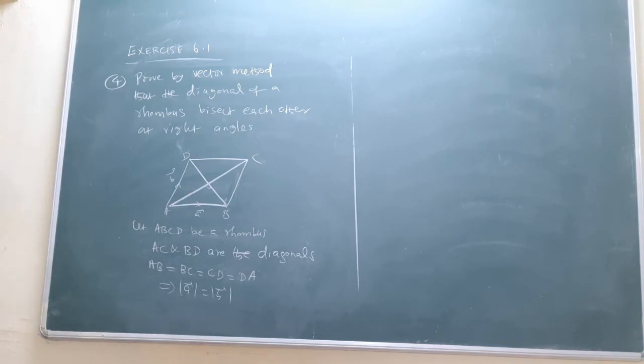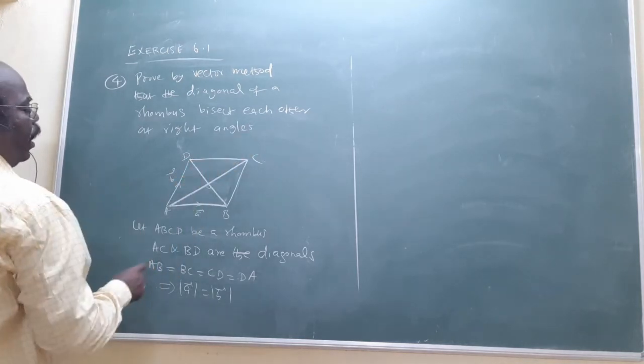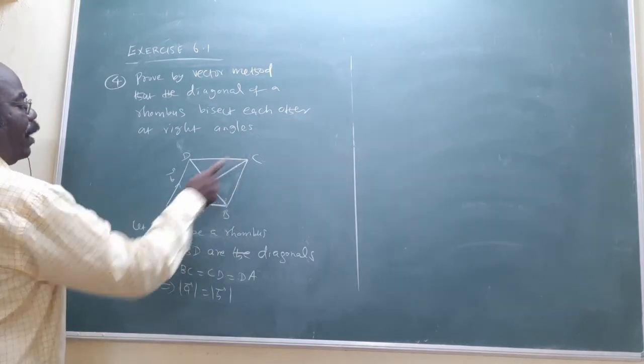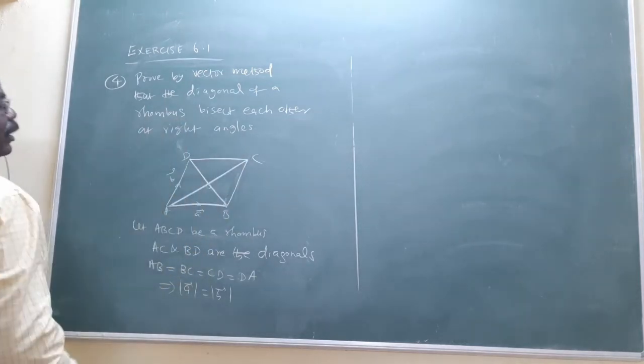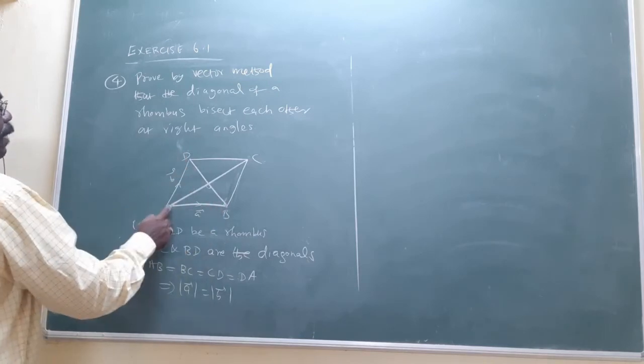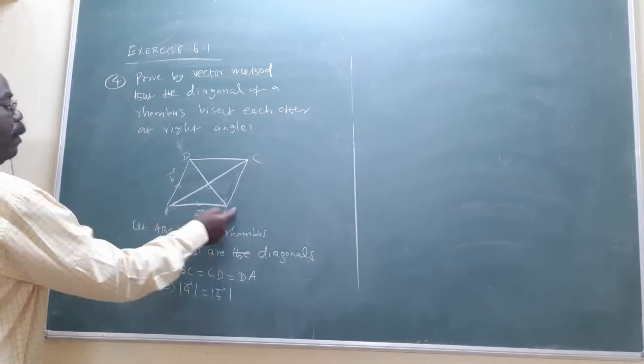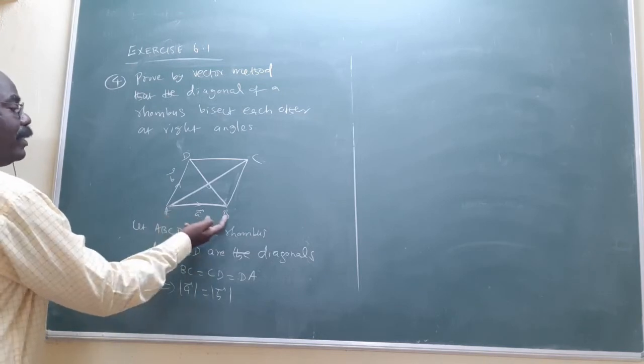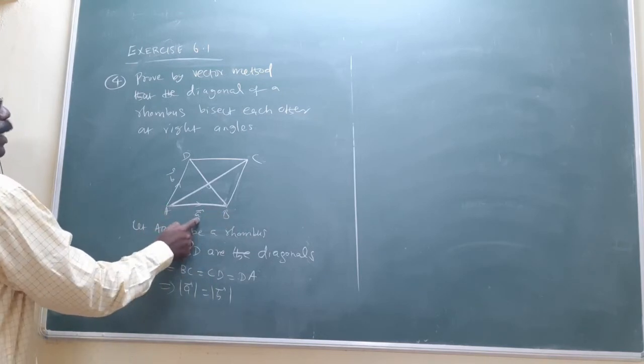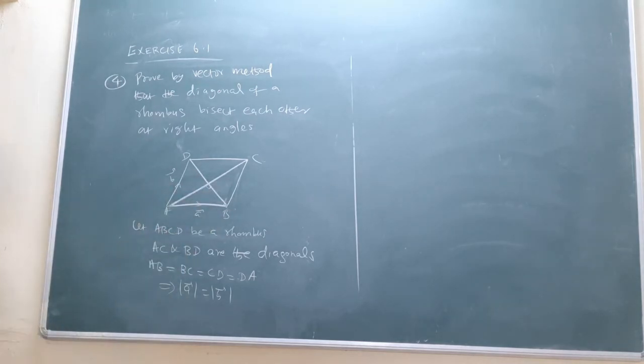This is our assumption. Now, diagonals, you will find AC vector. The AC vector equals what? AB plus BC. That is a plus b. Then BD vector equals BA vector plus AD vector. AB vector is a vector. BA means sign change, opposite side. That's minus a vector plus b vector. Then multiply dot product, we get the answer. Previously 0 will come. Definitely 0 will come. And also you prove midpoint of AC and midpoint of BD will be equal. So automatically the diagonals of the rhombus bisect each other at right angle.